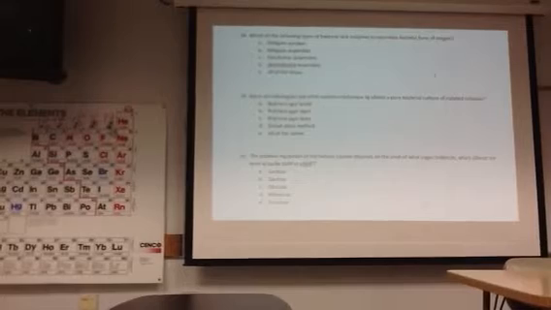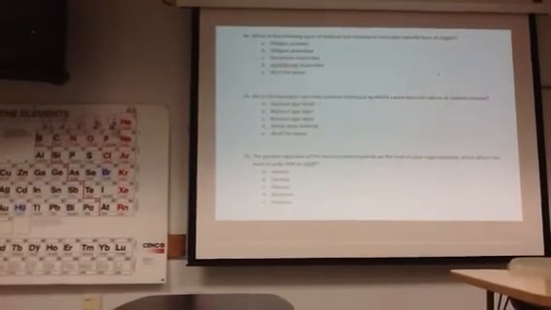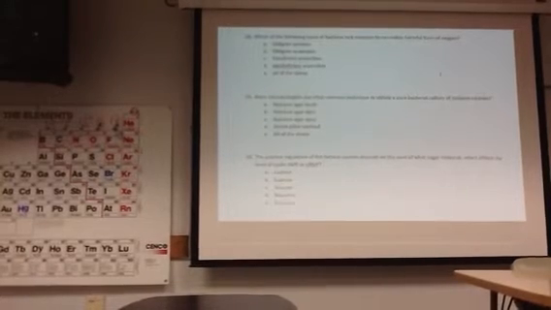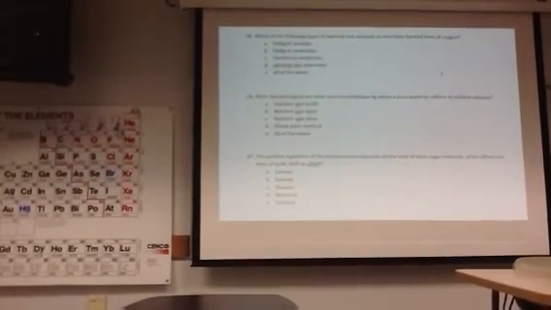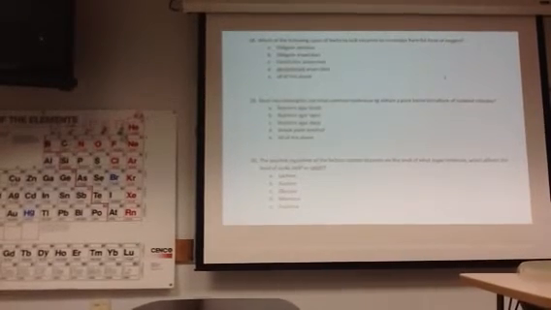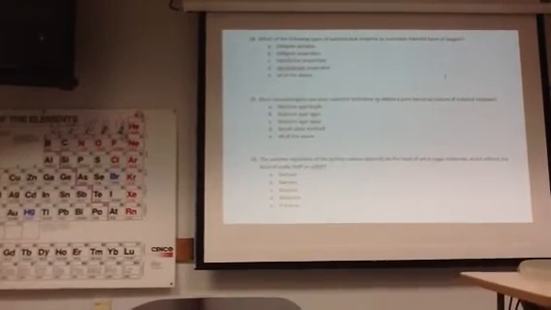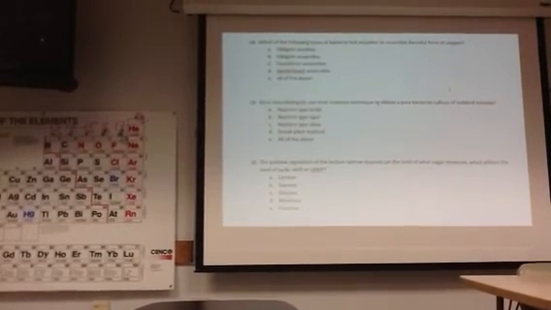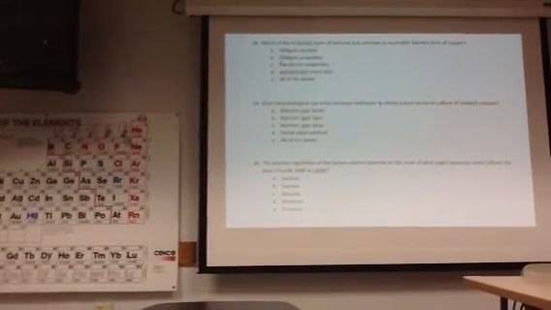Obligate anaerobes. Because if you're an obligate anaerobe, you're never really supposed to be in contact with oxygen. So if you're not going to be in contact with oxygen, why are you going to expend energy to make something to help you against oxygen? So obligate aerobes, facultative anaerobes,